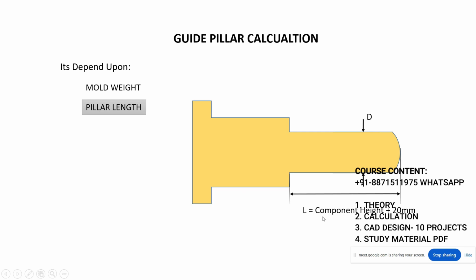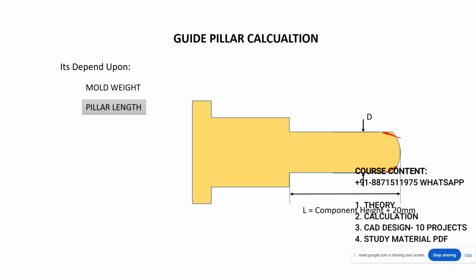Okay, so here you can see that from this point to this point, this distance is about L equal to component height plus 20 mm. Why am I taking 20 mm? I can take 10 mm also, right? But there is a 10 mm radius at the start. So basically we have to take the chamfer and the radius at the start,